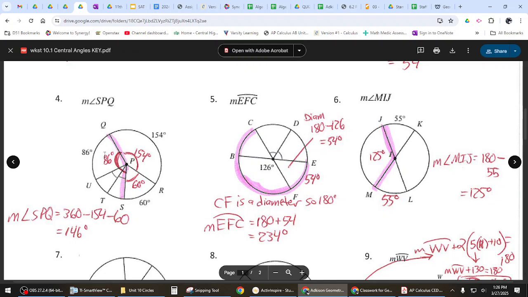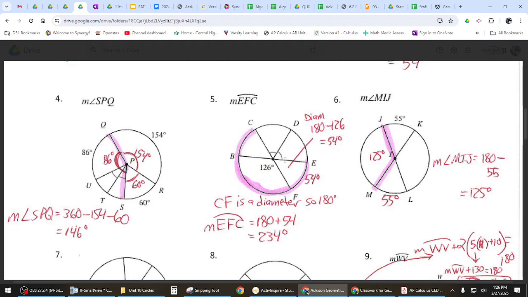Okay, number 5, you should have got 234. And these two tell you that they're the same. It's a vertical angle that's congruent to 126. Together it is. So